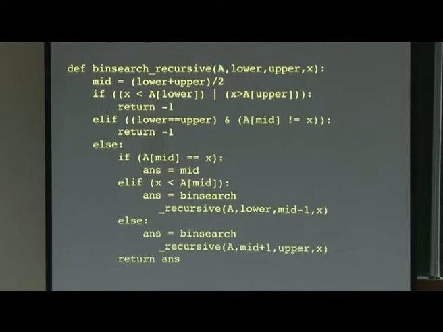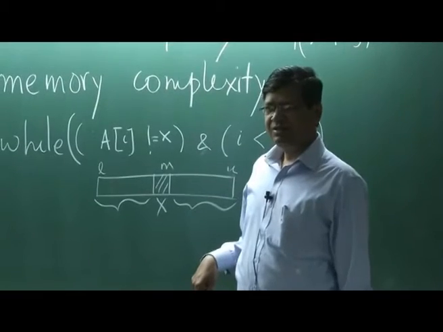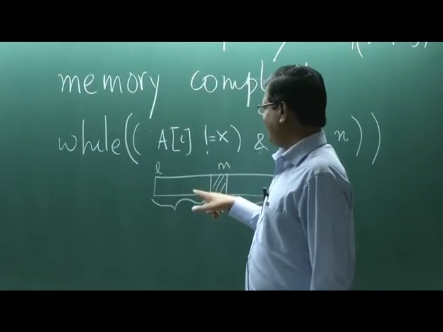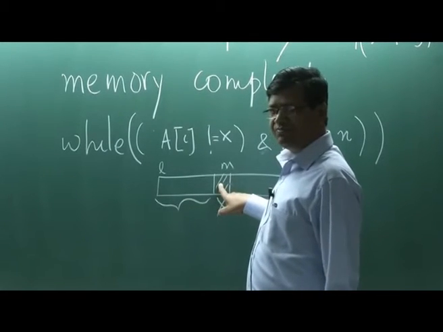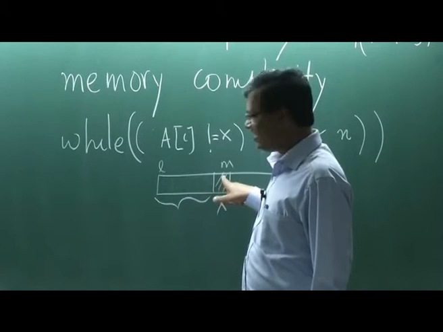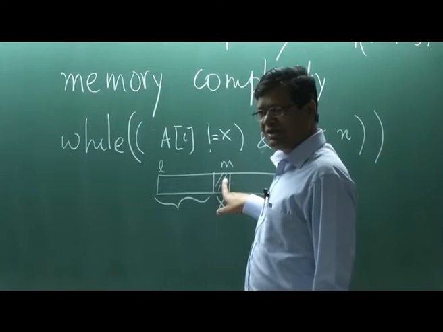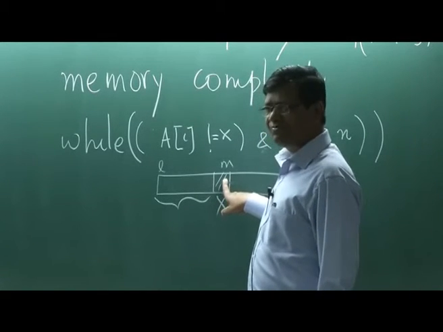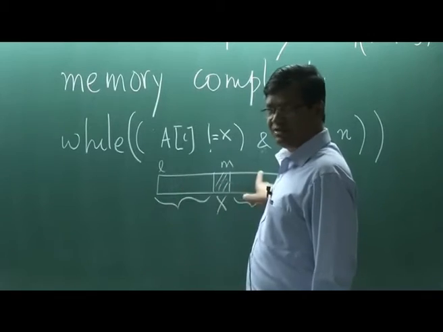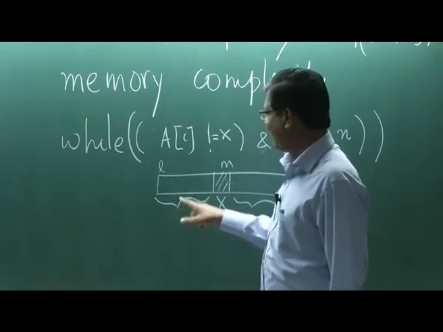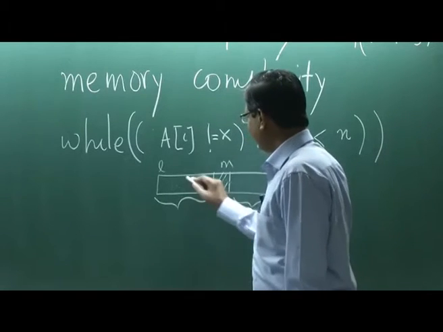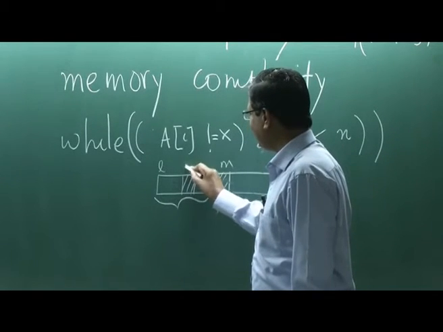This is how you have to write the search for x, but while executing, what will it do? You will look for, let us say, x existing inside. You will find the middle and compare this number. If it is not equal, then it will go to the left or right depending on that condition. Now, if it is in the left, then again it is going to create another mid, M prime.